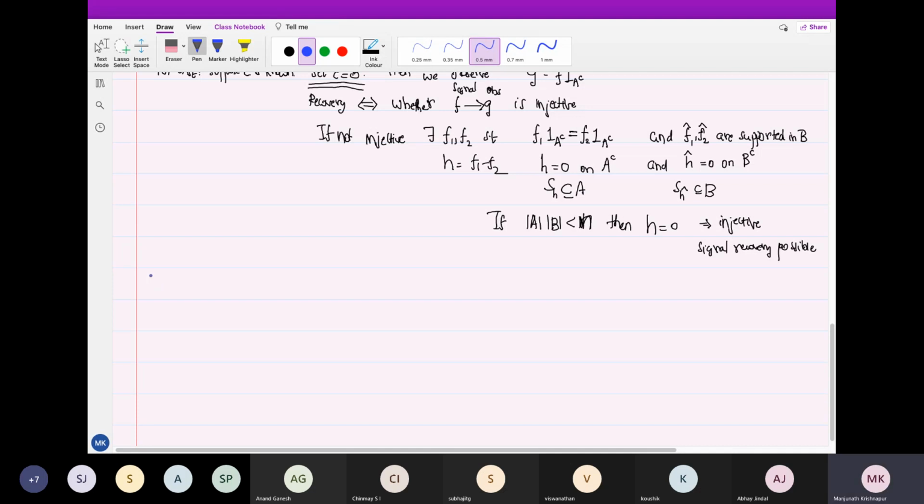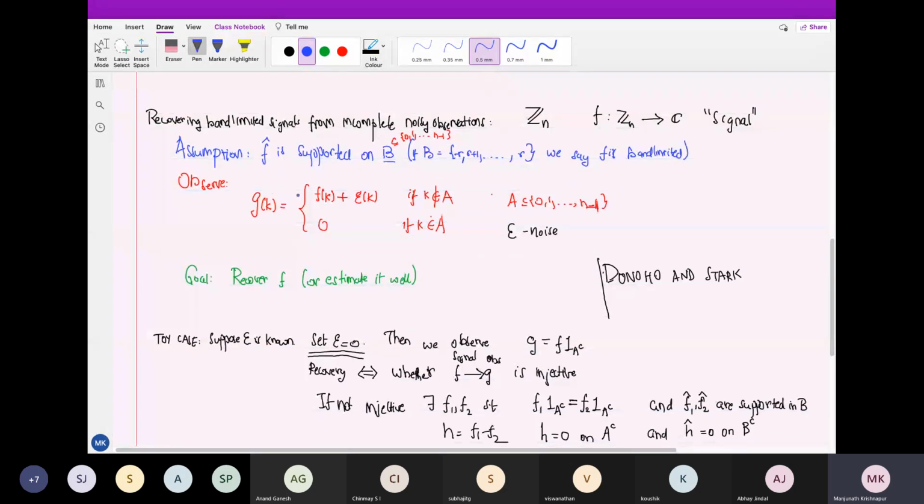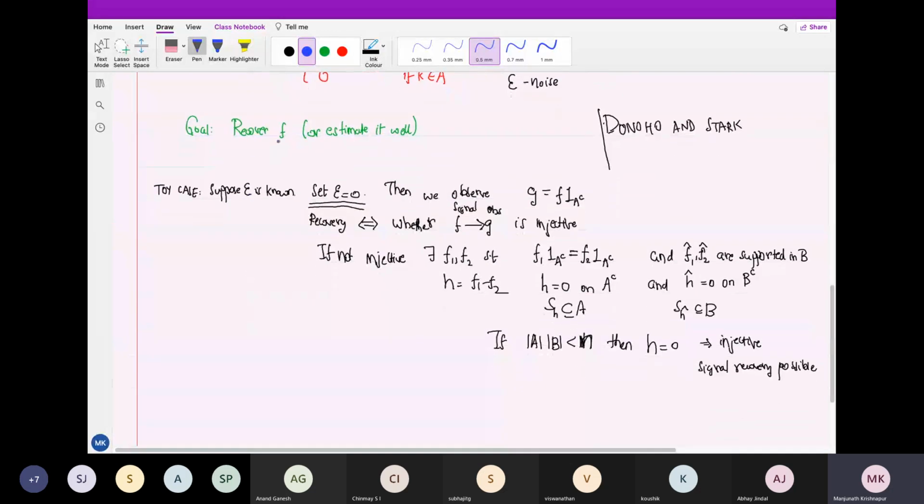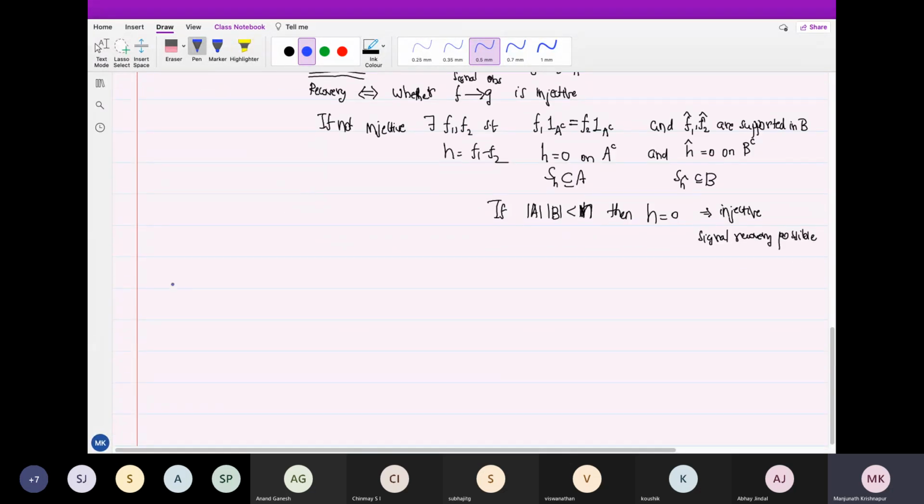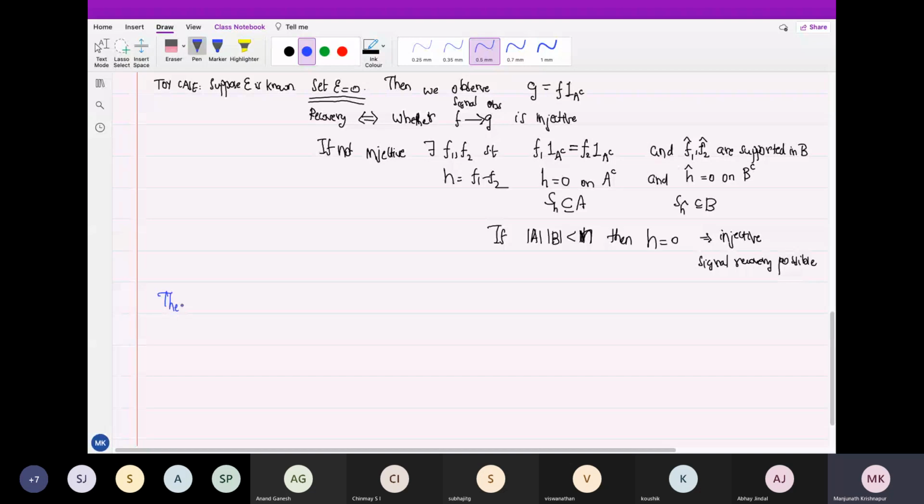Now let's do a more serious case. When there is noise, you don't expect to recover f exactly. There will be noise, so you want to estimate it reasonably. The kind of theorem that I want is like this. Let me just write the theorem. Assume that size of A times size of B is less than n, and then